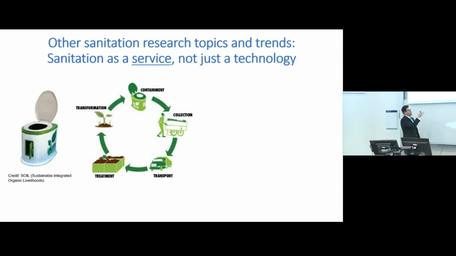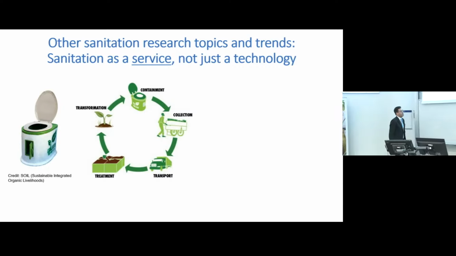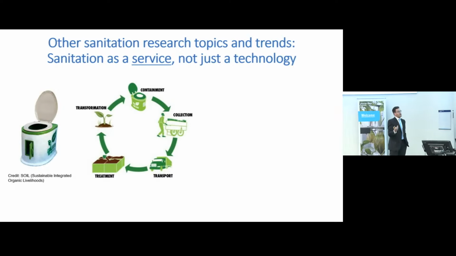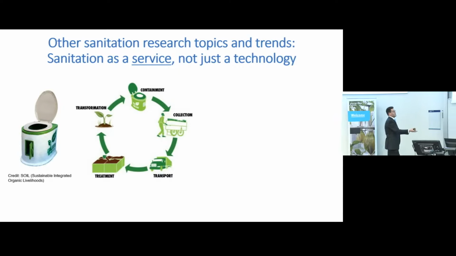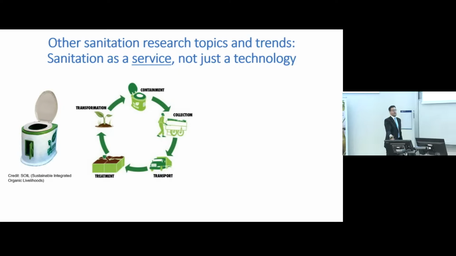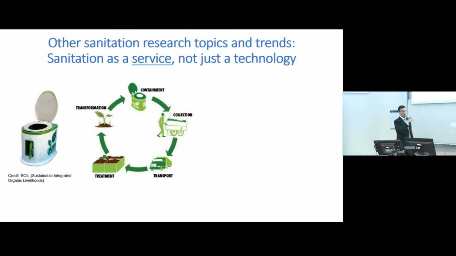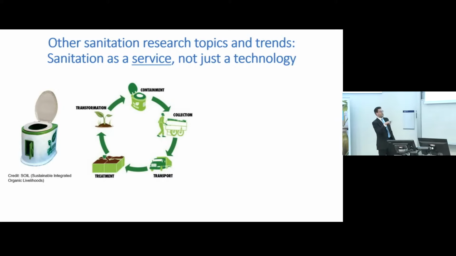So this is an example from one organization called Soil, who have implemented this, which is called container-based sanitation. So they provide a service where you don't buy the toilet, you pay a user fee. They provide the container. They look after collection of the waste, transport of the waste, treatment of the waste. And their business model works by creating some kind of a valuable product so that it's a social enterprise, and it means that you can employ people to keep this business going in a circular kind of way.